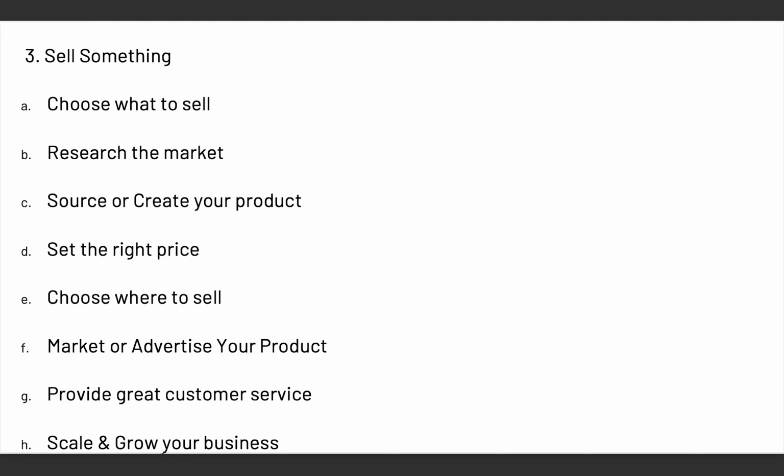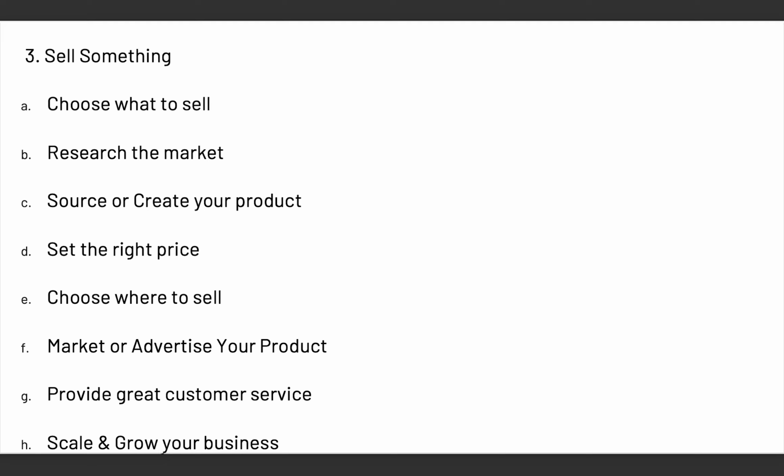Another way is through content marketing. This means that you create content about your product, or maybe you educate people about your product, and when people watch your content, they come to you directly to buy your product. So that is another good way to market your product, and for me, it is the best way to market any product, whether digital product or physical product.